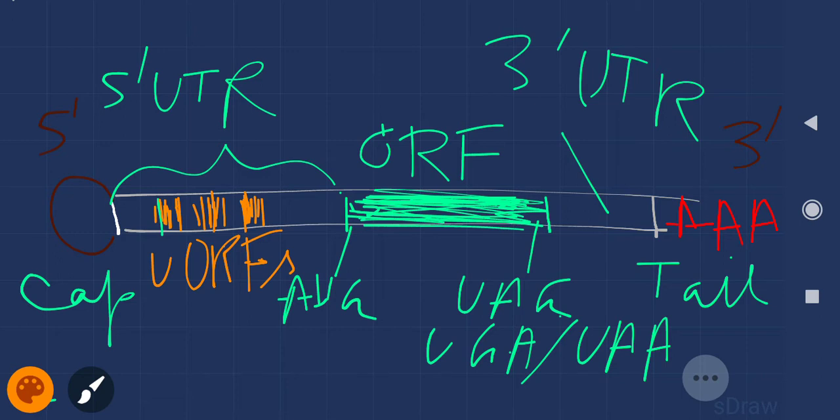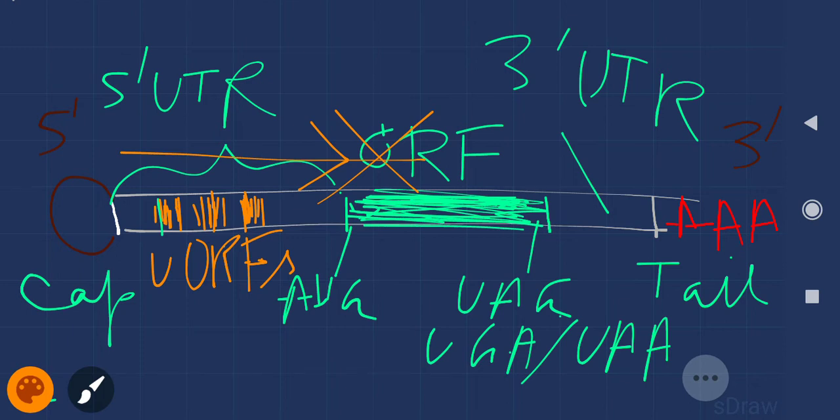Okay, this upstream open reading frame normally will prevent the expression of the main downstream open reading frame. The main primary open reading frame, which is here, it prevents that open reading frame, thereby inhibiting the translation process.